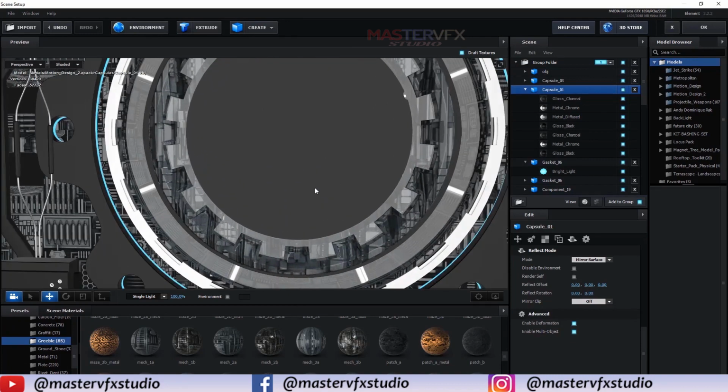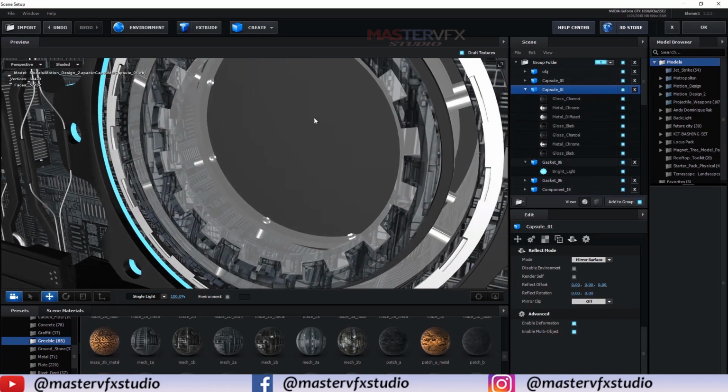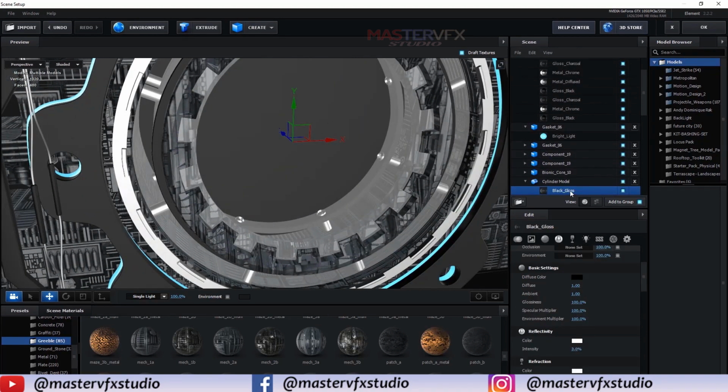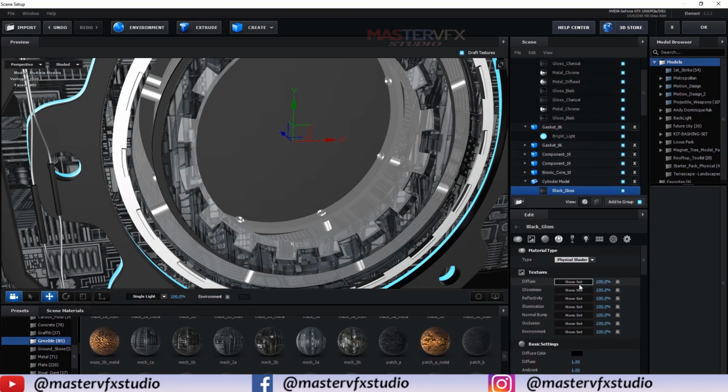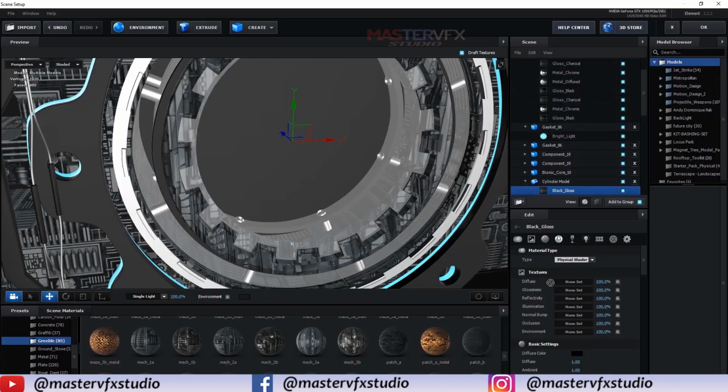Okay, it looks good. Now guys, to create some scratches on the glass, I'll apply some texture on this glass. So select this glass, and here in glossiness I have some texture. So select this texture and just apply it to this glossiness.